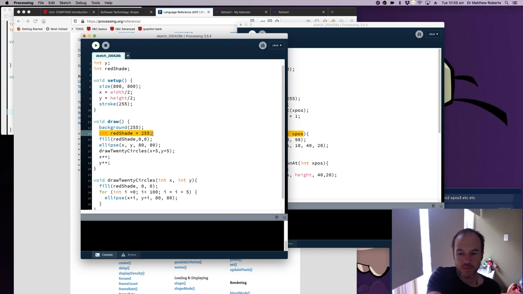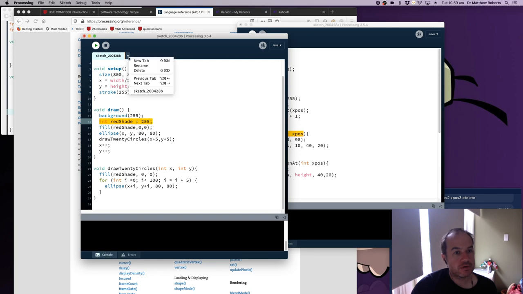code in one section of your program to affect code in another section of your program in a way that's not so easy to track. That's not too bad here because line 14 and line 23 are only 9 lines apart. But if we had something in another tab,